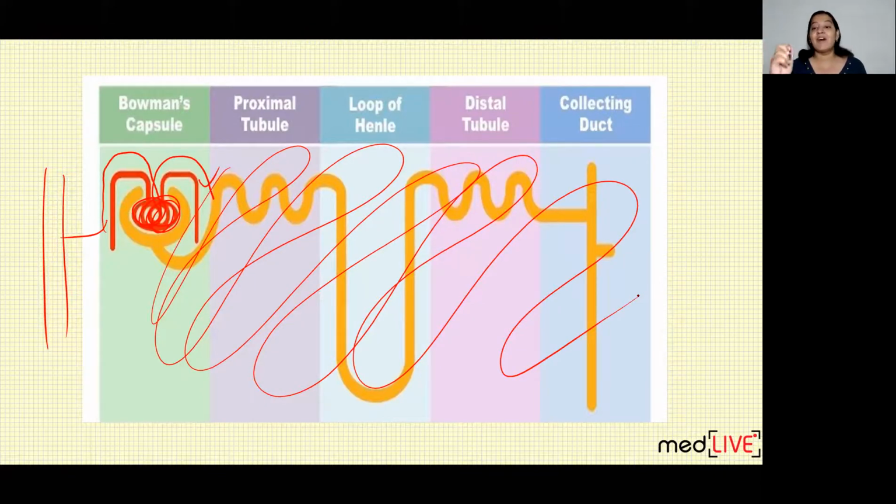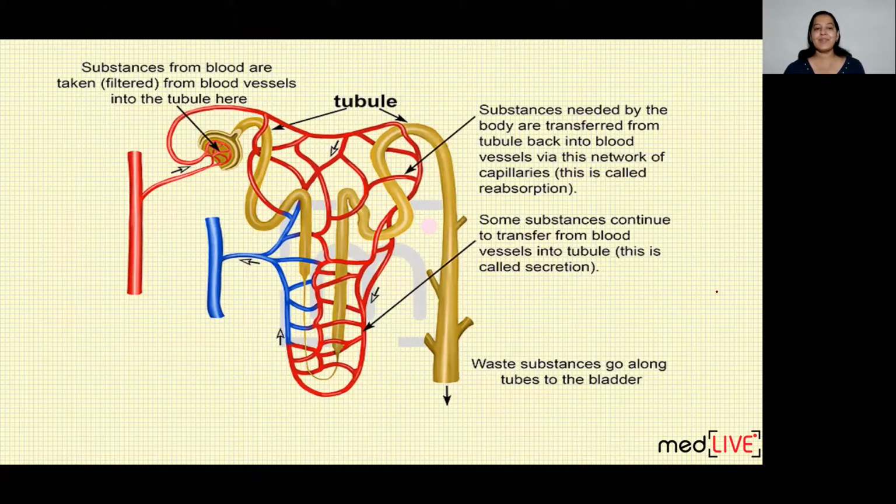This is known as vasa recti. This bunch of capillaries over the tubule, that is peritubular capillaries, is known as vasa recti. It covers all the tubules very tightly. You can see in this diagram. Can you see? This is the glomerulus. I am marking it for you. This is the glomerulus.